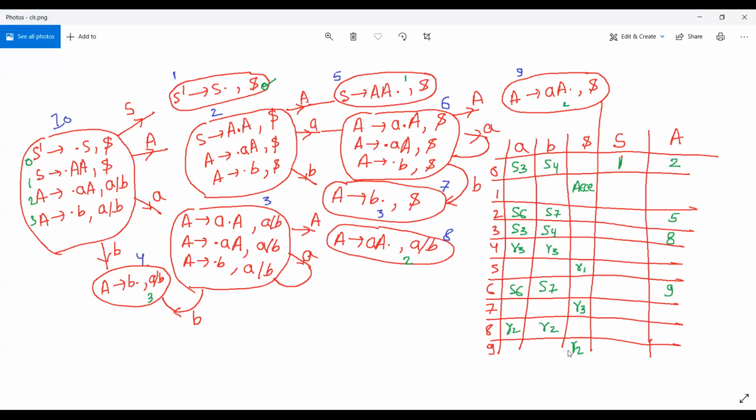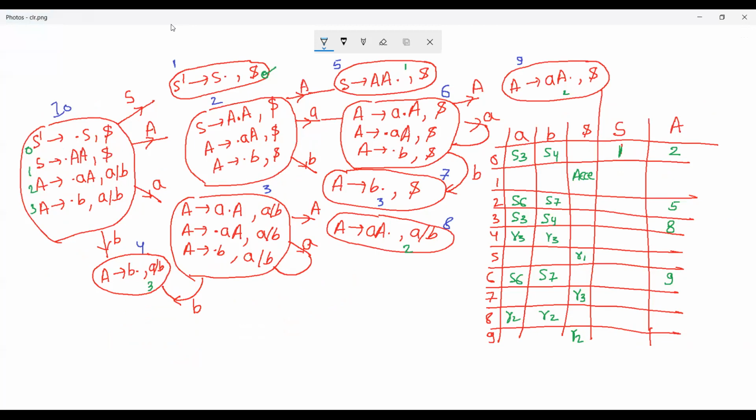So I hope you all can see the screen. So this is the, ये जो है आपका, this we have already created. Now this is the reduction state. Now in this state, on seeing capital A, you have created the LR1 item. S tends to capital A dot, and the look ahead will not be changed, dollar. Now on seeing a small a, your state will become like this, and see the look ahead. Look ahead is dollar. Now if I compare state number 3 and state number 6, so you can see that productions are same, but look ahead here is A comma B, and यहाँ पर look ahead है आपका dollar.